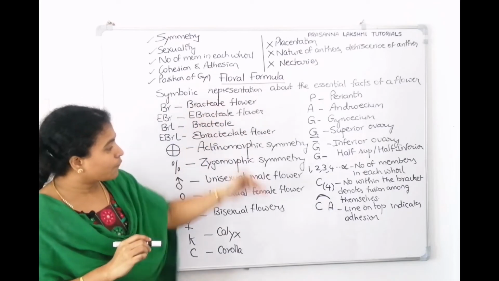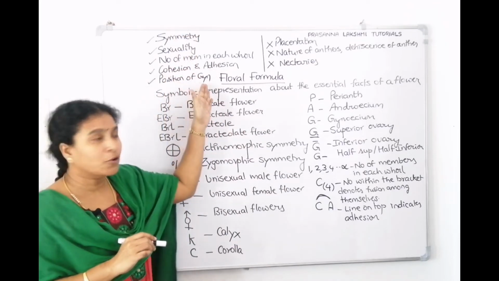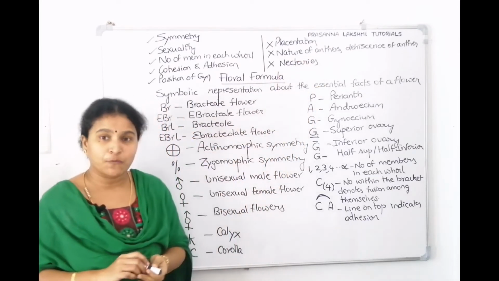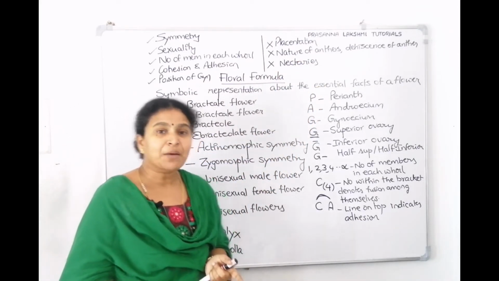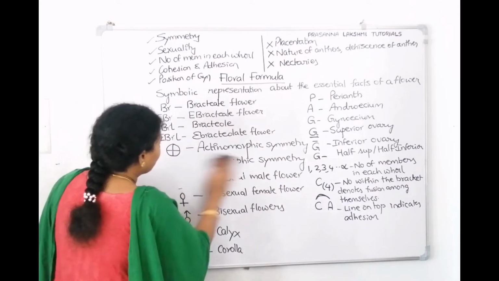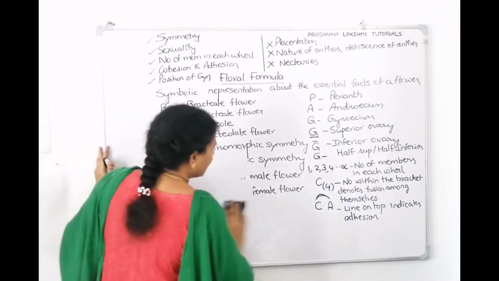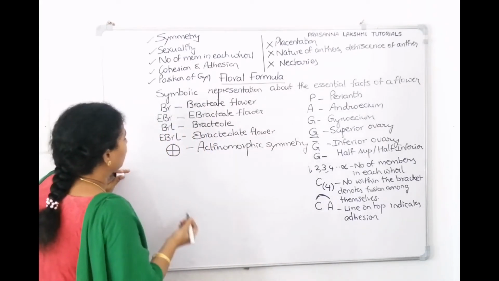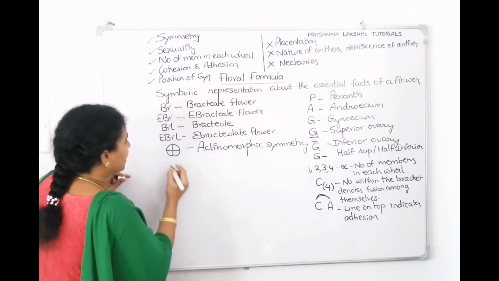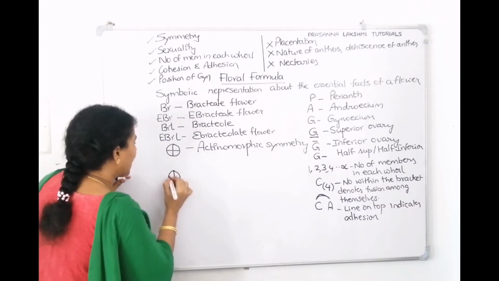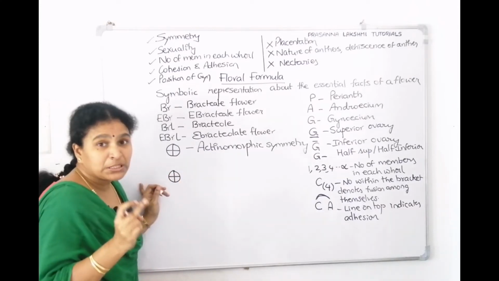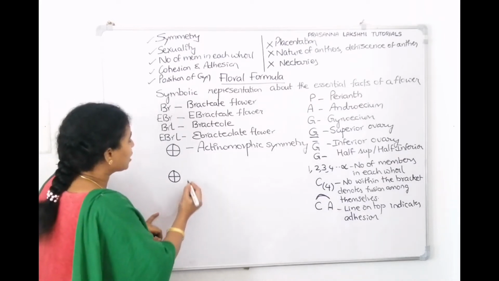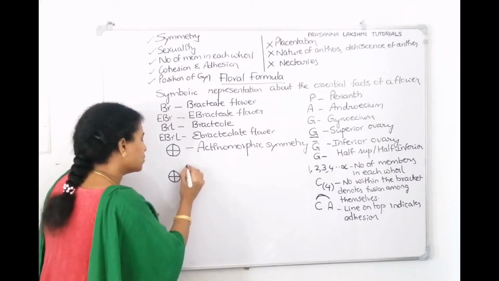So this is a floral formula. These things we can derive from the floral formula. These things we cannot predict in the floral formula. For example, if we take a Brassicaceae floral formula, I'll just write it down now, and later when we draw we can understand it better. Brassicaceae is actinomorphic. So first we will go with actinomorphic symmetry. Now in a proper sequence, what is the sequence? First we have to start with symmetry. After symmetry, we have to tell its sexuality. It is bisexual. So we will use this symbol.